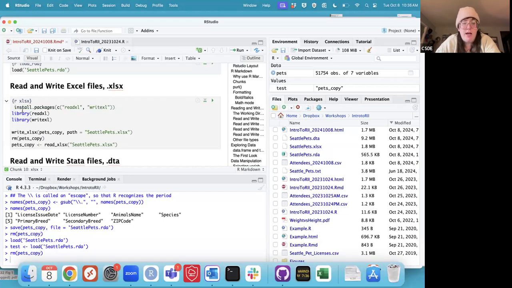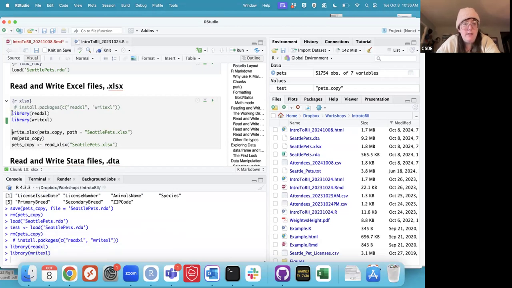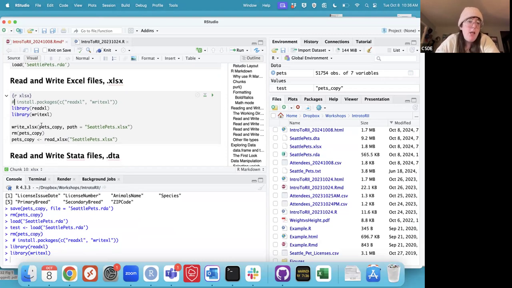So if you tried to run these 2 library lines and you're getting an error that the package isn't found, please uncomment this line of code and run that first. So the first thing we're going to do is write an XLSX file so that we